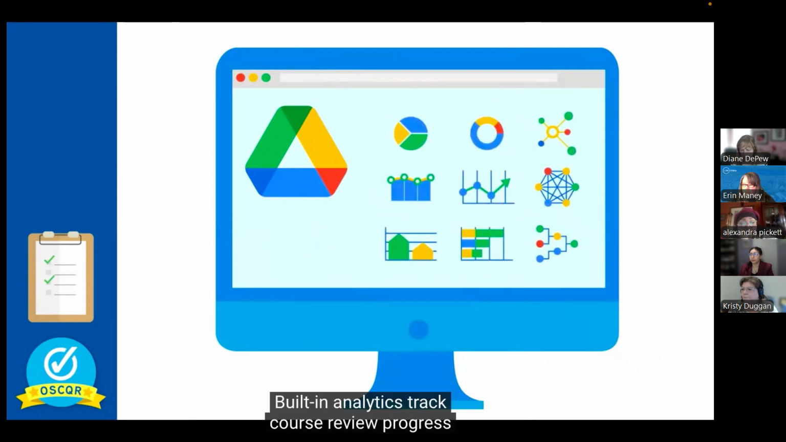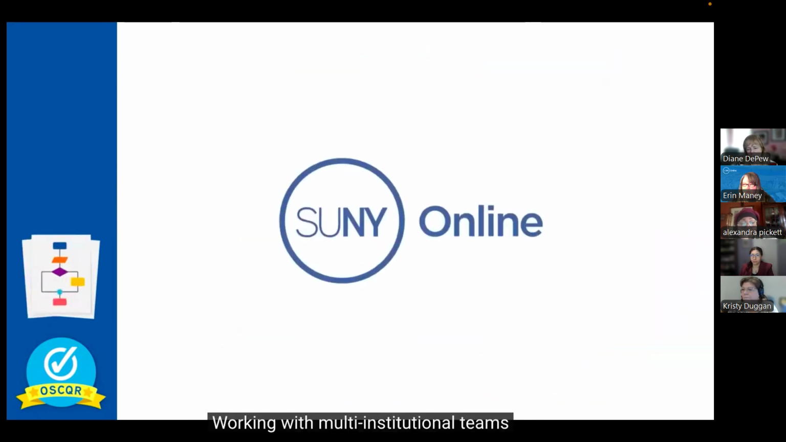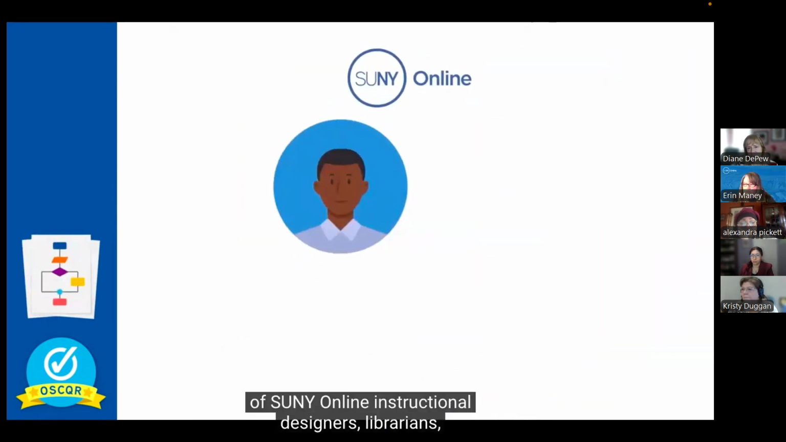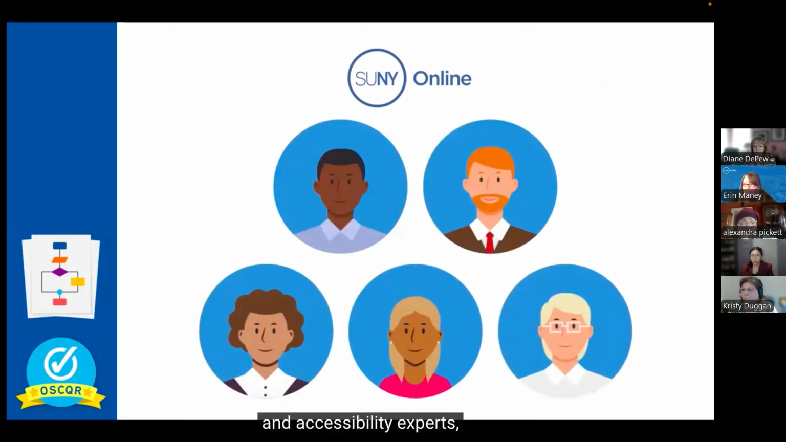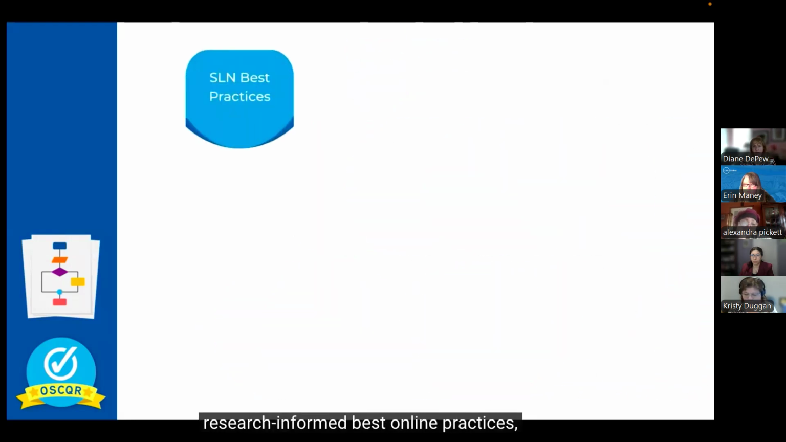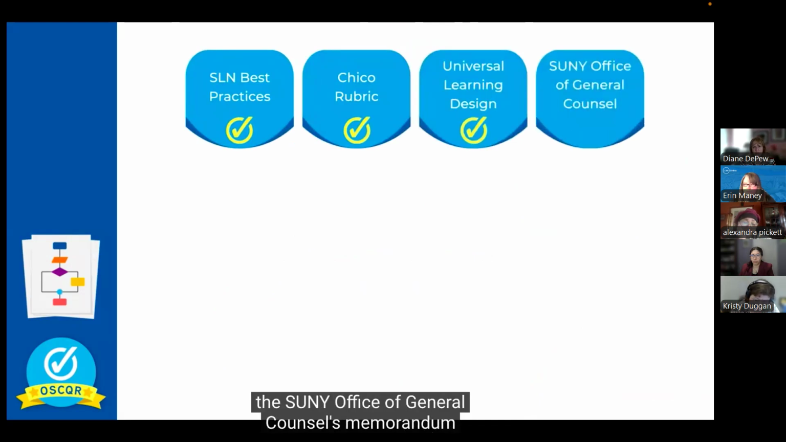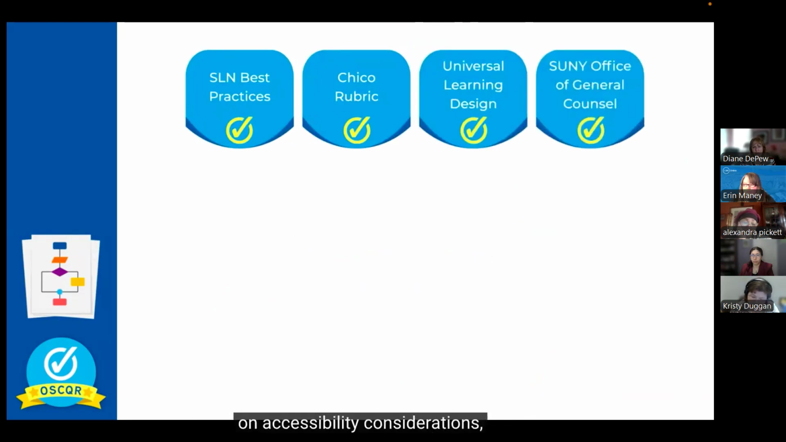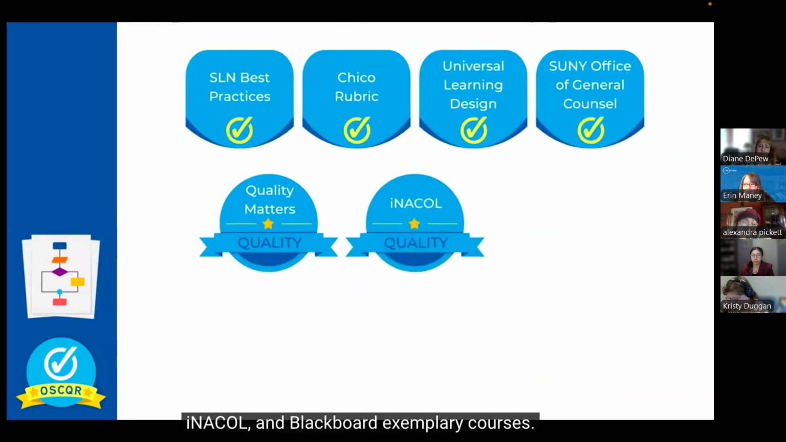Built-in analytics track course review progress and can be used to identify online course design trends. Working with multi-institutional teams of SUNY Online instructional designers, librarians, distance learning directors, technologists, and accessibility experts, SUNY Online staff started with 20 years of SUNY Learning Network research-informed best online practices, the Chico rubric, Universal Design for Learning principles, the SUNY Office of General Counsel's Memorandum on Accessibility Considerations, and conducted a gap analysis with Quality Matters, iNACOL, and Blackboard